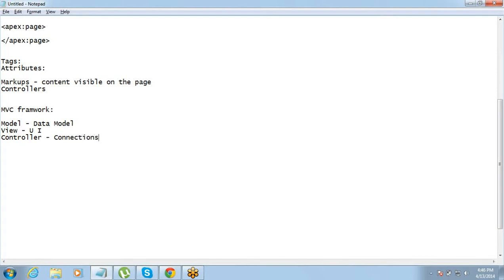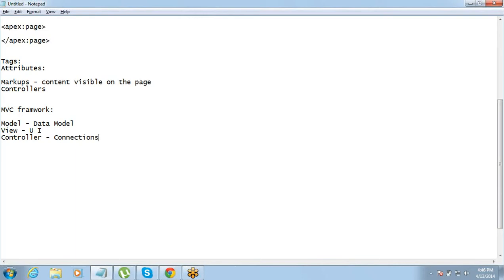So when you create an object or whatever you have been doing so far, that is also MVC. There is a backend database, then there is the user interface from where you are entering the data or deleting the data, whatever interaction you are doing. And controller is what? It holds the logic, the connections, or your validation rule, your workflow rule. When you click on a button, it will save, or when you click on a button, it will delete. So those logics are stored in the controller.